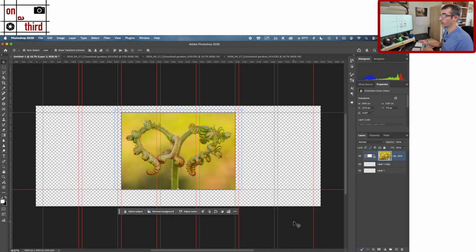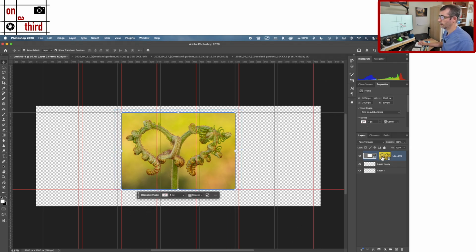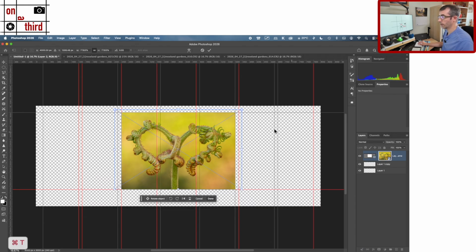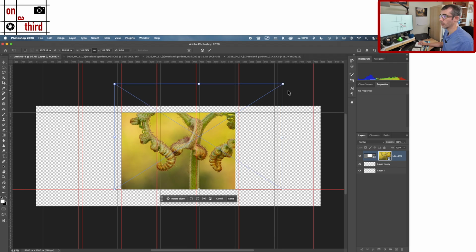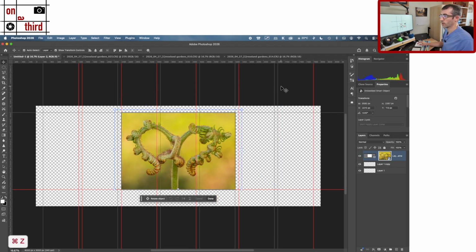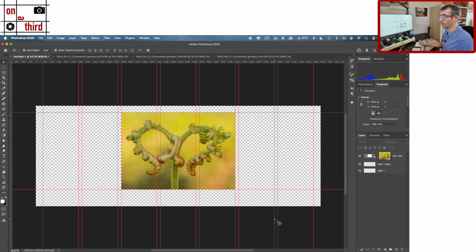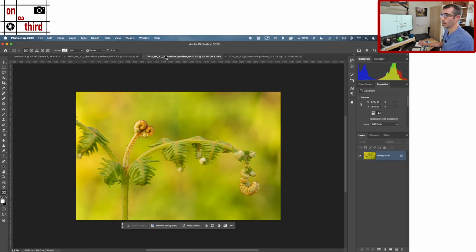And the great thing is we can just come back to this layer. If we do Command T, which is free transform, we can just amend it, edit it. It's kind of non-destructive in that sense. That's our first image in. So we just take the frame tool again, which is K, and let's deal with this left-hand one. So I'm going across 2 columns like that,